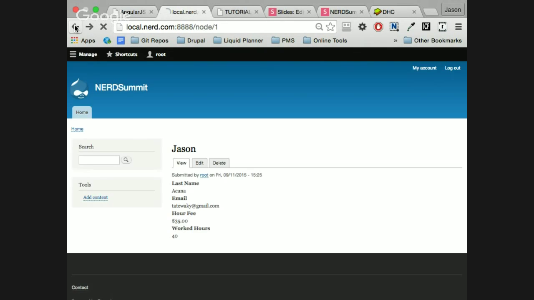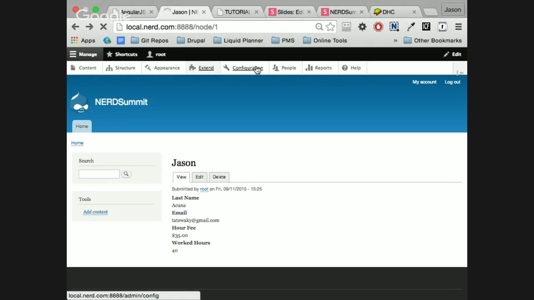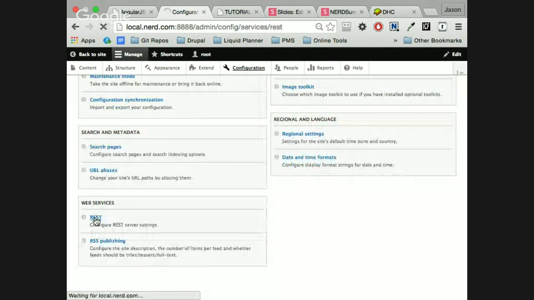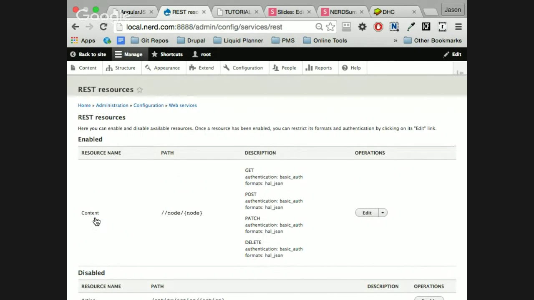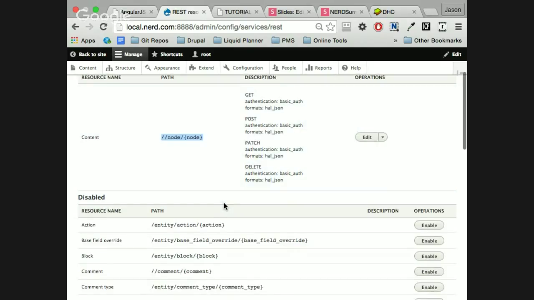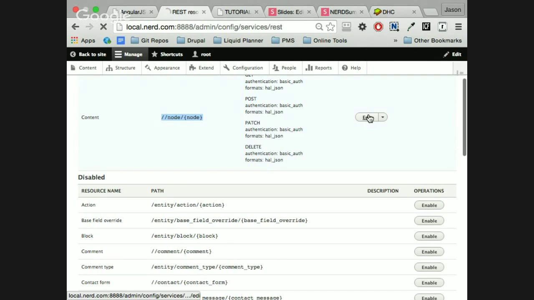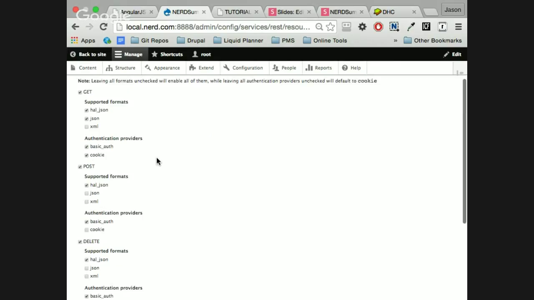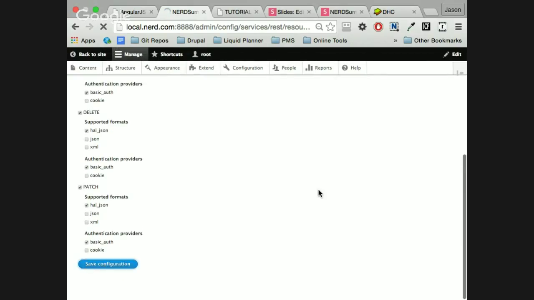But on the other hand, content types are by default provided on the REST, and this is the REST UI interface that's provided. And as I was saying, Node has the same URL that changed, but we send the parameter and we will get all the entity information. Now, if we edit this, we have several things. We have authentication, different formats on all the content types.